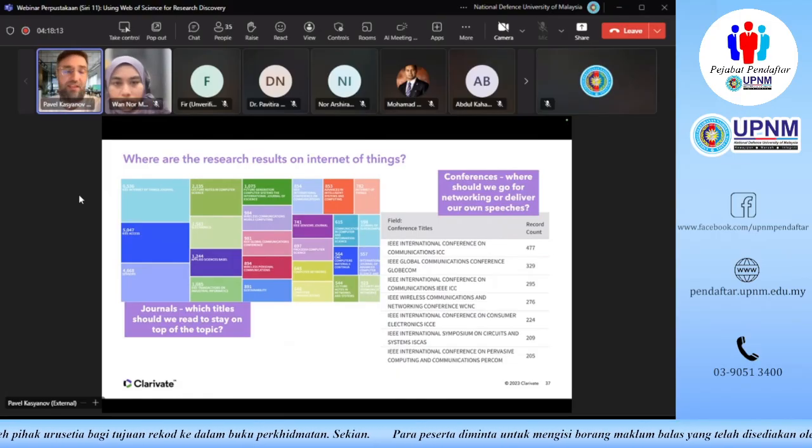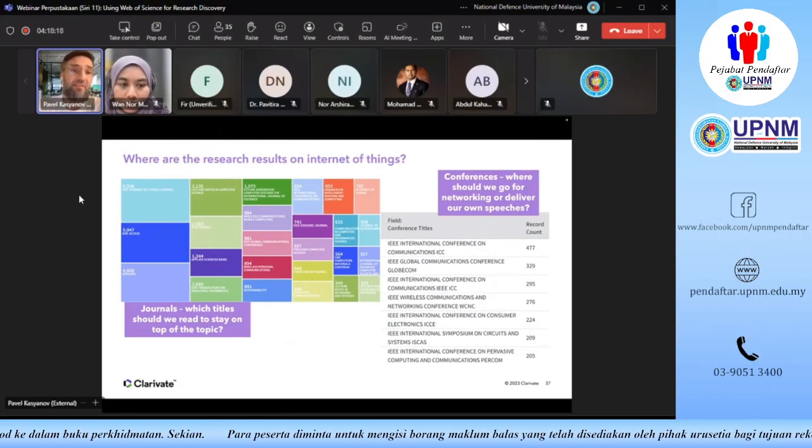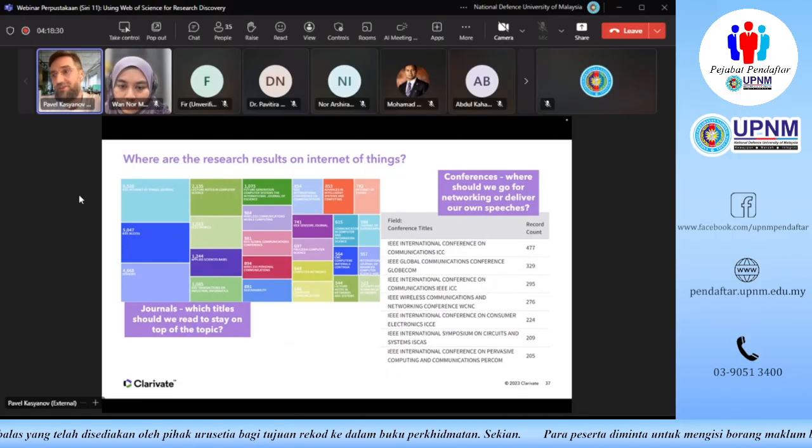Once again, we've run a search on the Internet of Things. On the left-hand side, I've shown you a visualization of how these results break down by journals. These journals are the most relevant to us in case we are conducting research in this topic. There are so many ways we can use this data.